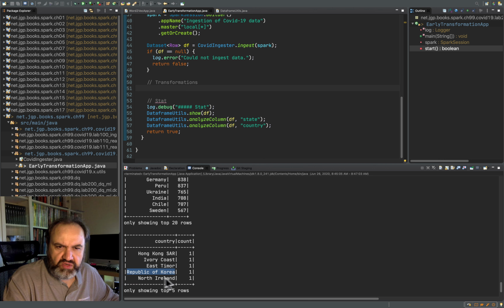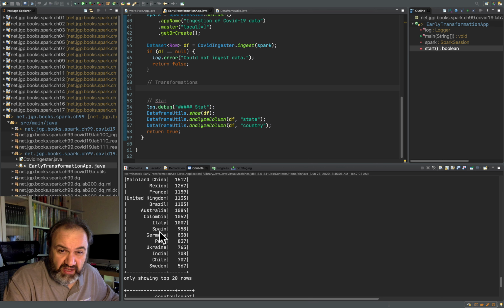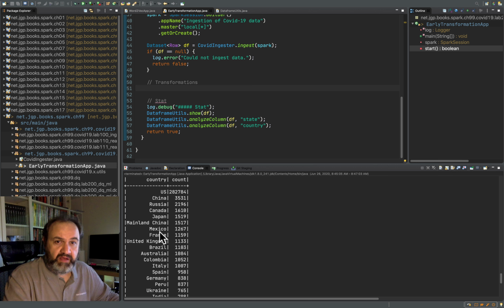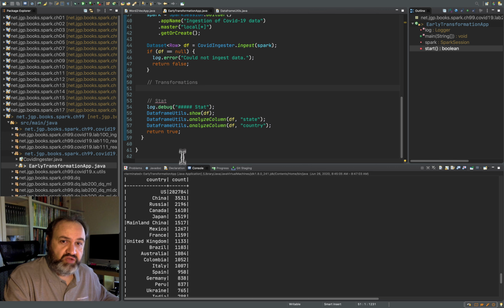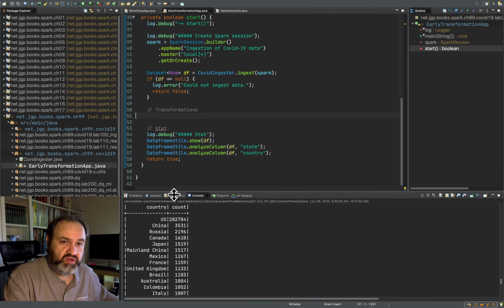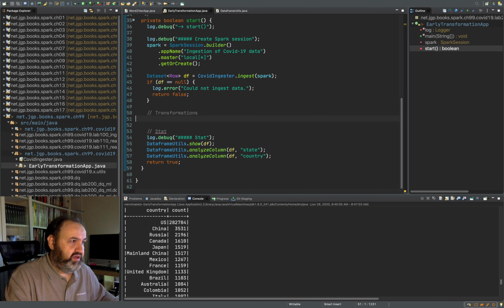Here on North Island, which is probably Northern Ireland, and it's actually part of the United Kingdom, but whatever. So we've got to look into this data, trying to understand a little bit of what's going on there. Okay, so to look at the data, you've got various ways. I'd like to use Spark, and I'm going to code a little bit there in my transformation block to see what's going on and run various experiments.